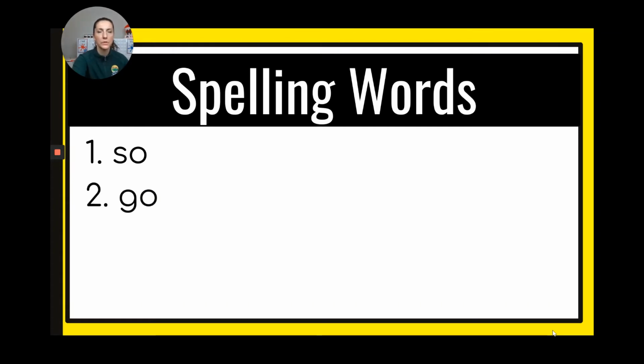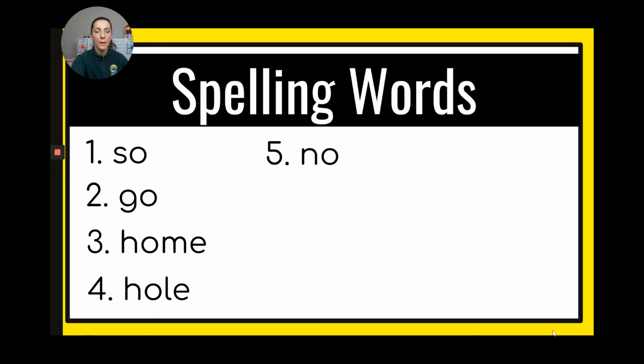Okay, number 2 is go. So far, these are pretty easy. Number 3, home. 4, whole. And this, that number 4, that hole is a hole like a hole in the ground. It is not whole like, oh, I want the whole cake all to myself. Whole meaning the entire thing is